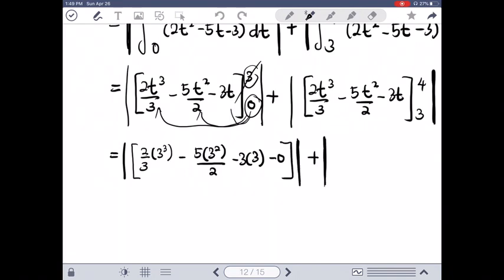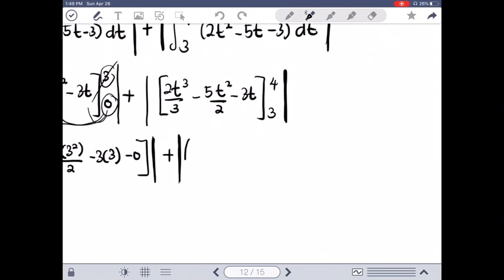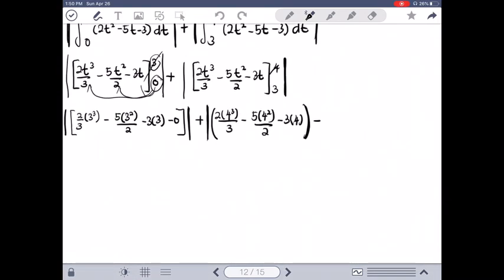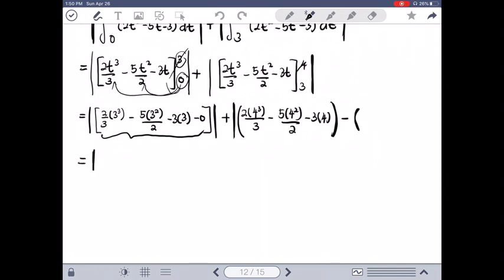plus, again, 2 times 4 to the power of 3 over 3 minus 5 times 4 squared over 2 minus 3 times 4, minus the top minus the bottom. The value here should be similar to this value here. Take the modulus. If you press your calculator, you should get negative 13.5. Plus